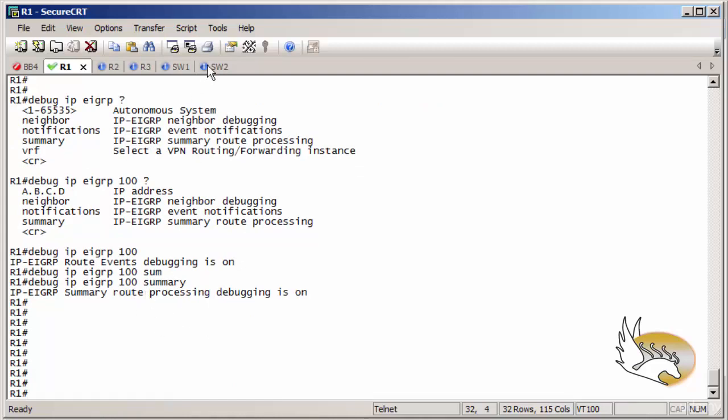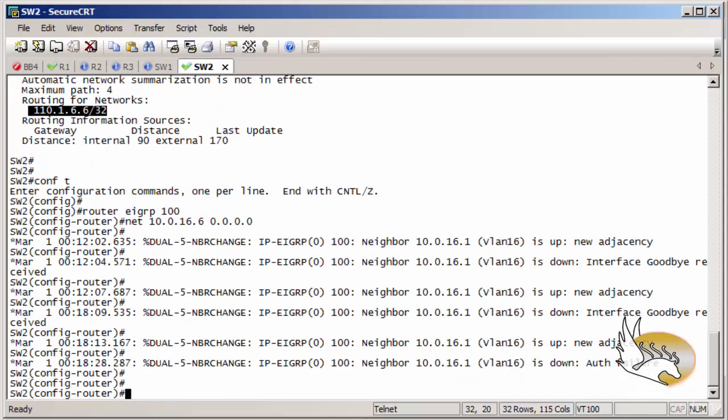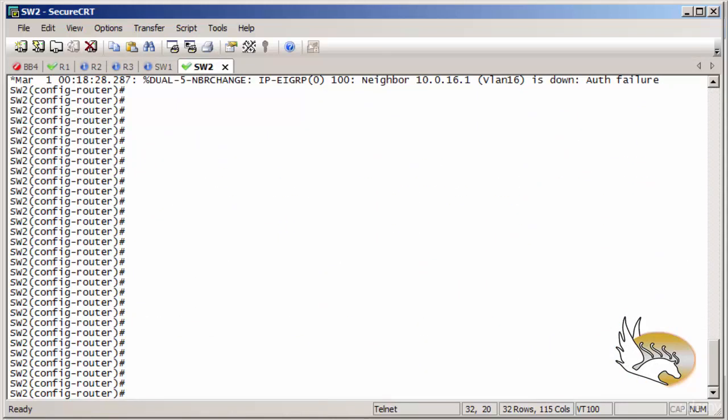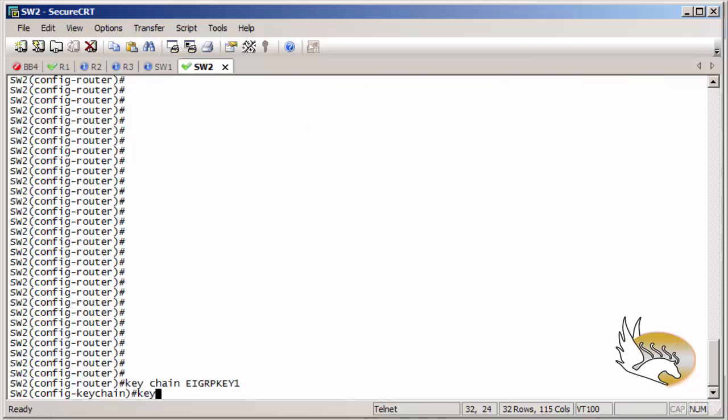Let's go to switch 2 and configure authentication there. Here I want to go and create a keychain, and the first thing that I want to do is this. I'm going to have another name for the keychain and see if it has an effect on the adjacency. Instead of EIGRP, I type in EIGRP-key1, for example. This is the name of the keychain. I use the same key number. I'm going to have key number 1, and I'm going to say